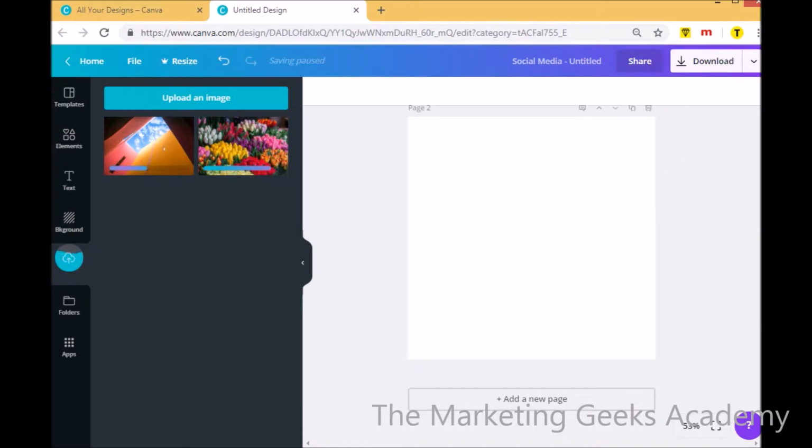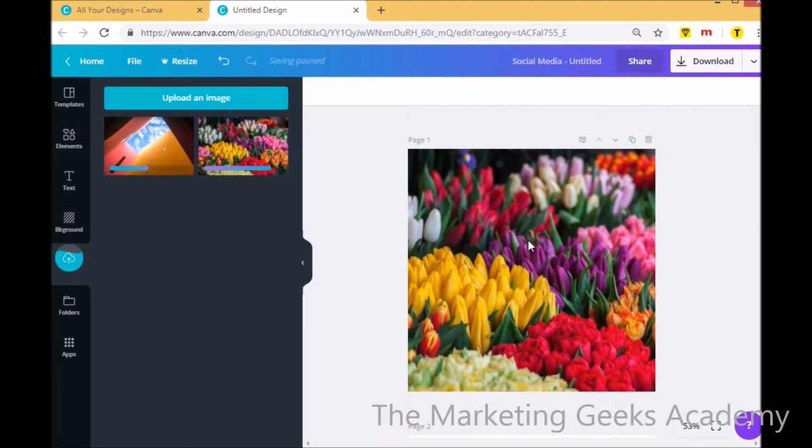So we have ours. That's our tulips. And that's ready if you wanted to add some text to it, or if you wanted to add some images to it or a logo to it, then you're absolutely able to do that from the bars here. So you'll see that that's still uploading the second image, but what we're going to do is